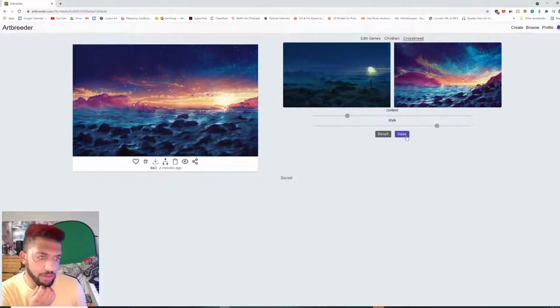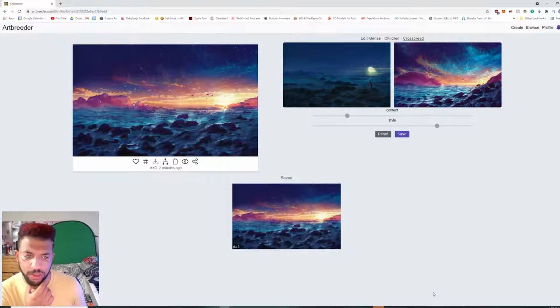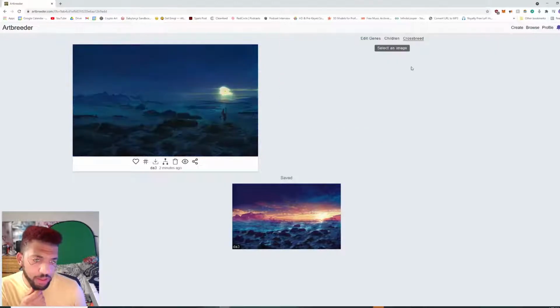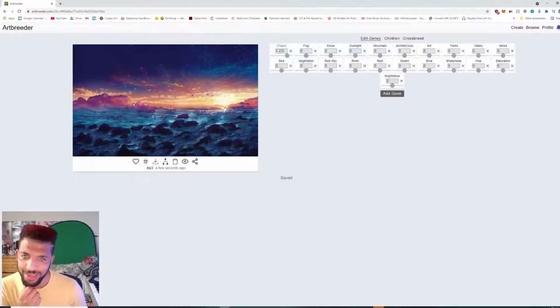Wow, look at that. Okay, I love where that's going. So now we get this kind of water. I want to maybe crossbreed this with a more photorealistic example. So what I'll do now is go into the same crossbreed, reset this, and jump into this new child. There we have our new child image. And I want to crossbreed this with